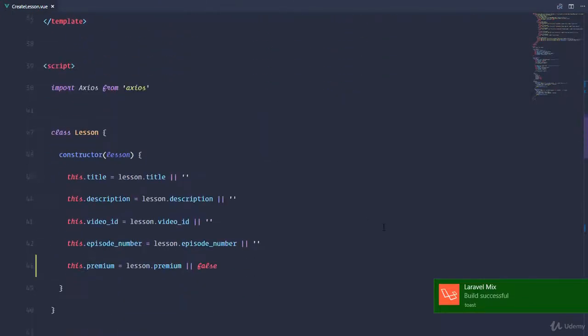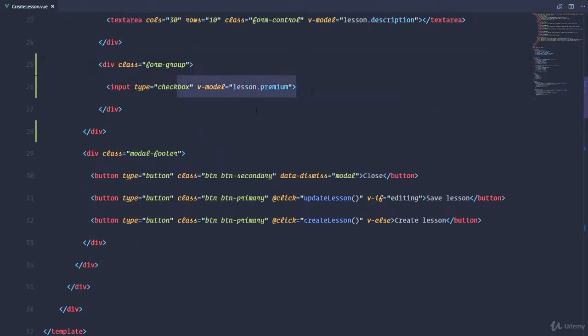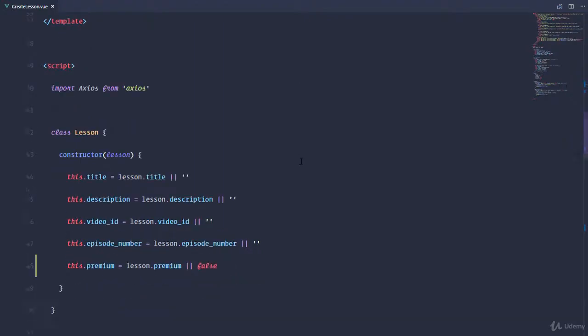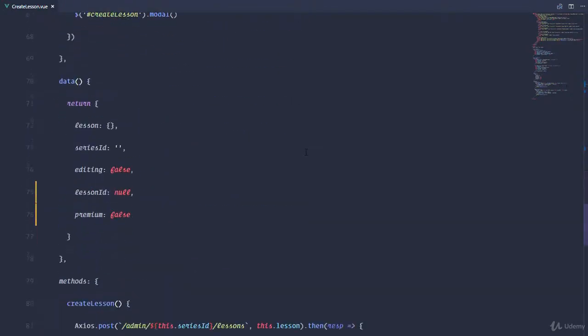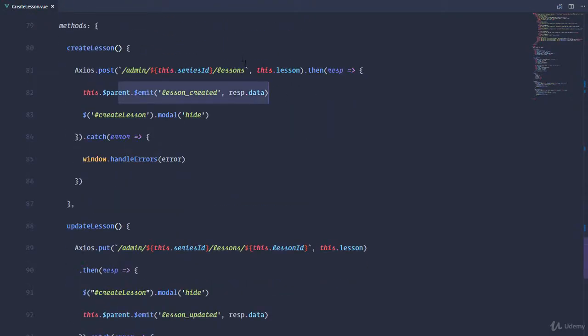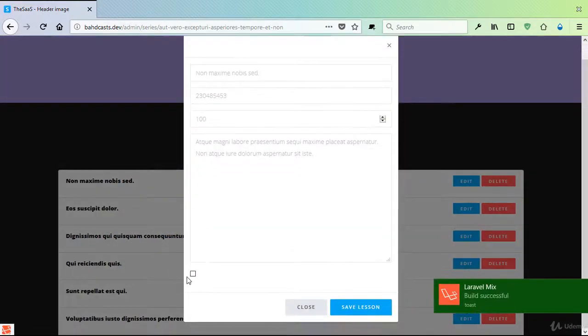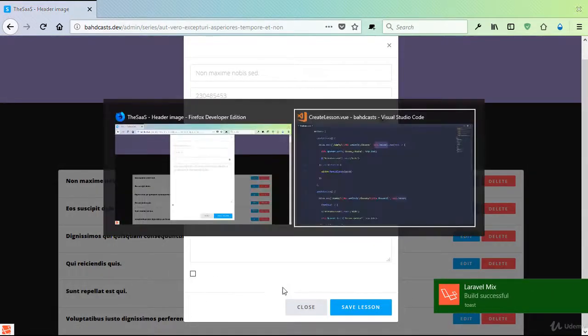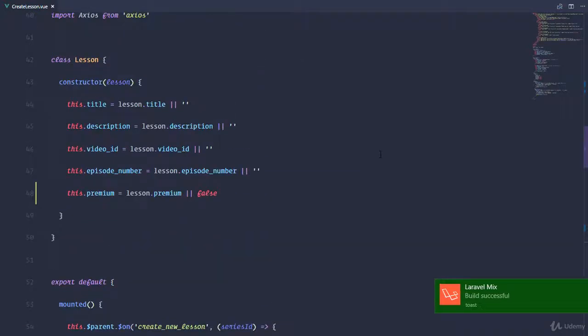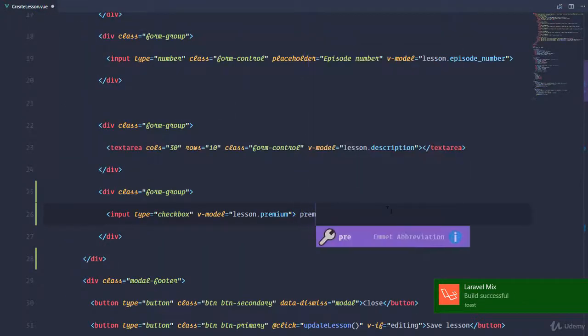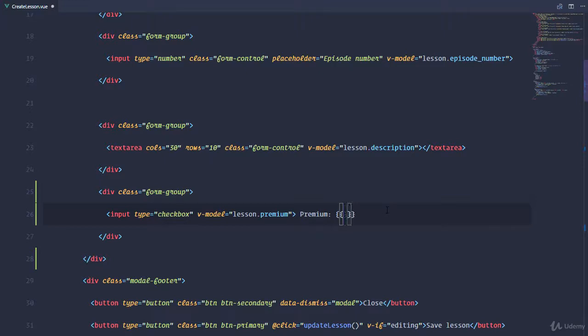Okay, so automatically once we set that, it's going to send the data with the form, which means on our Laravel side would also be receiving that in this right here because we're sending the complete lesson object. Okay, so let's save that, head over to our browser, refresh, click on the edit button, and there we have our checkbox right there. Okay, so we're gonna actually set up a label right here, and this is gonna say premium, and we'll echo out